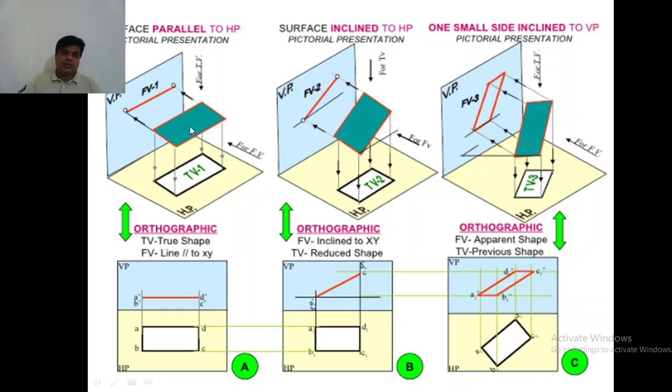Here you can see how the plane is located. It is inclined here, again it is rotated and inclined. When the objects are placed like this, how it looks in the front view and how it looks in the top view, all that we will be drawing here. The same shape, this top view shape, you are drawing here in the drawing sheets. These are all drawing sheets, but this is the actual three-dimensional case, and you are converting it into two-dimensional drawings. So this is three-dimensional. The same thing you are drawing here in two dimensions. This is a three-dimensional problem, you are drawing it in two dimensions on our drawing sheets.